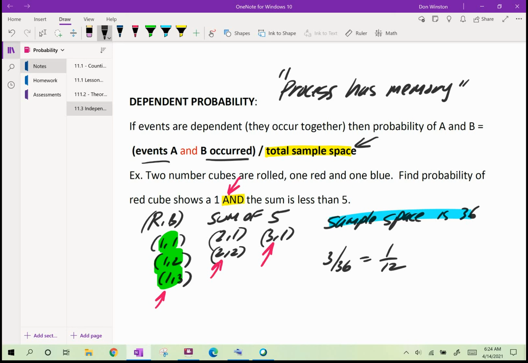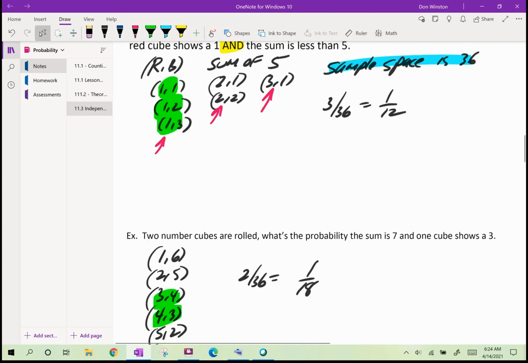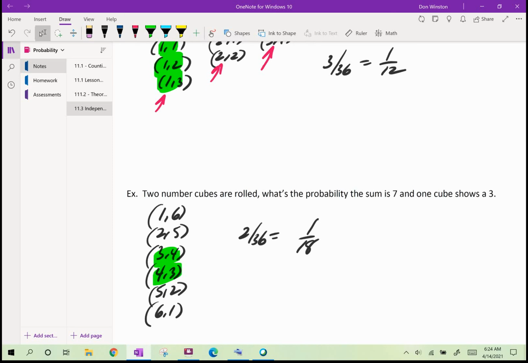So you see that they're dependent. You have to have a sum less than 5 and the red cube shows a 1. One thing depends on the other. But in this case, when you see "and," you have to divide by the total sample space. So let's look at another one here. 2 number cubes are rolled. What's the probability that the sum is 7 and